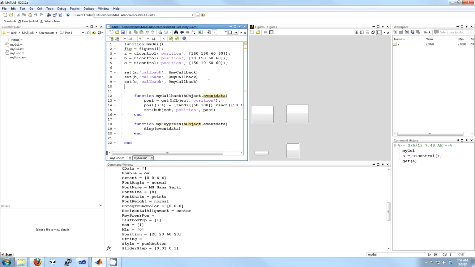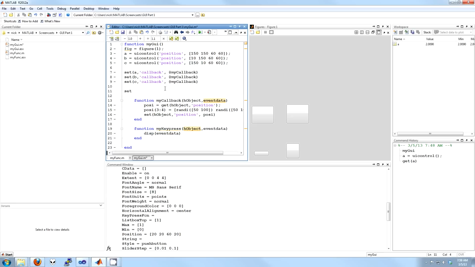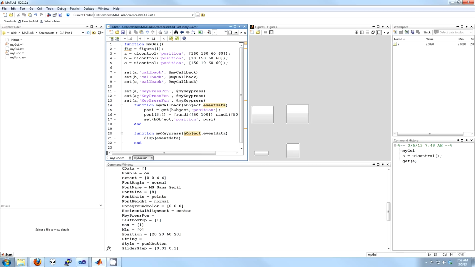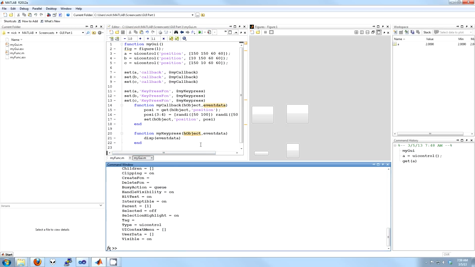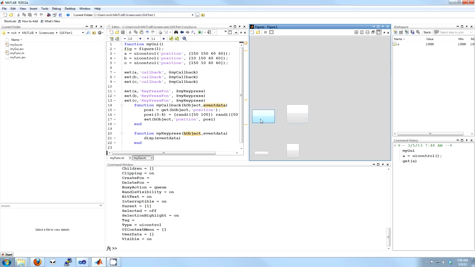Now what we need to do is actually set these, so set A, and it's called key press FCN. So key press FCN, and this one's actually going to be my key press. I'll do this for the other ones as well, so B and C, down the bottom. Now whatever is selected is what the key press is going to be sent to. If we now press a button,